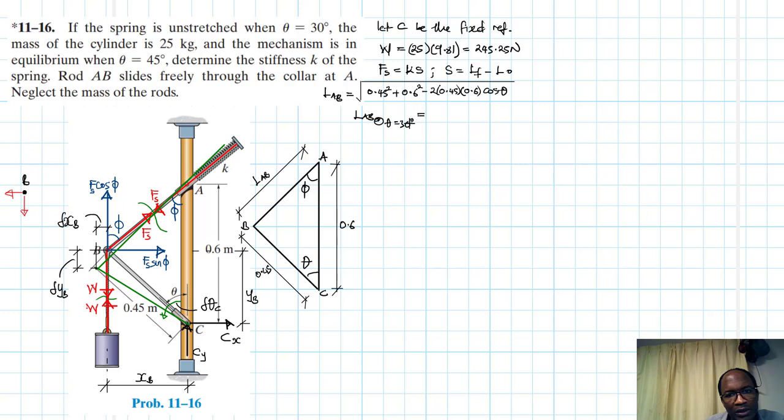Plug in 30 there: 0.45 squared plus 0.6 squared minus 2 by 0.45 by 0.6 cos 30. Taking the square root of that gives us 0.3080